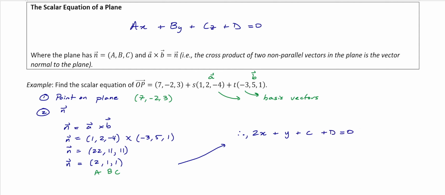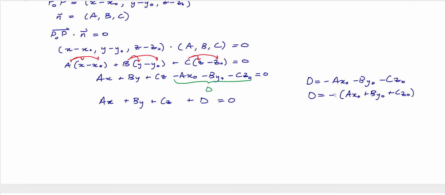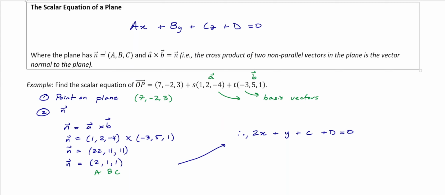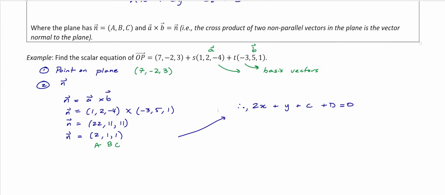And even though I've previously defined d as being the negative of ax naught plus by naught plus cz naught, so a, b, and c times the x, y, and z components of the point on the plane, I can actually just sub in the point on the plane to find d. So I'm going to sub 7, -2, 3 to find